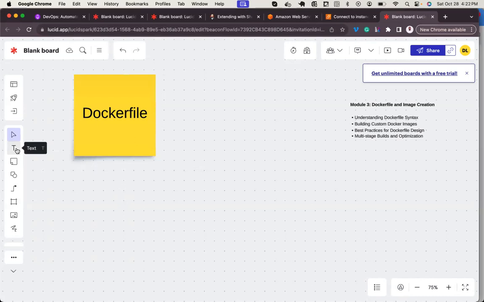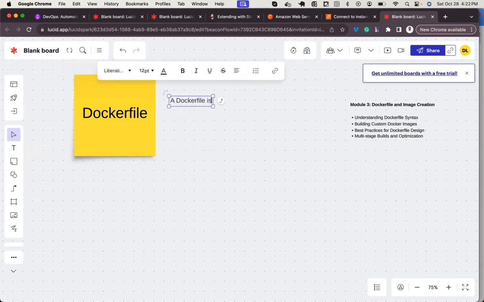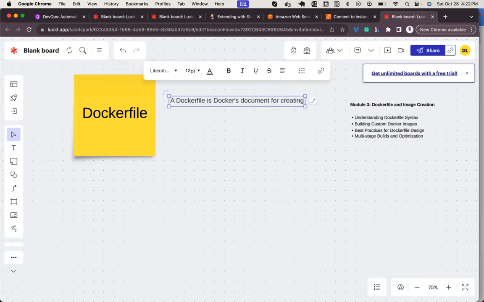as we may have it, it is a document. It is Docker's document that is used for creating images, for creating customizable images. A Dockerfile is Docker's document for creating a customizable